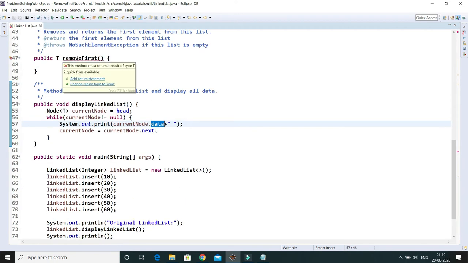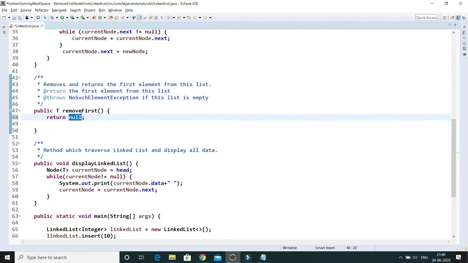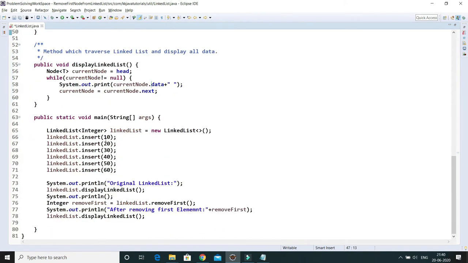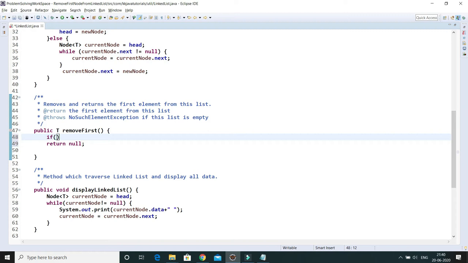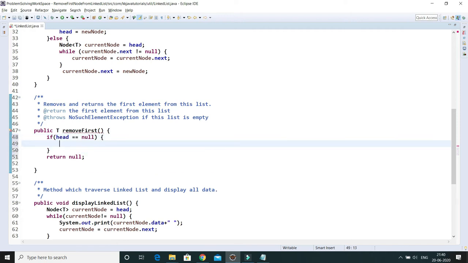Now here I have given the method name as removeFirst, and this returns the data. Whatever first data is removed will be returned as well. So first of all, you have to check if head is already null. That means your list is empty, right? In that case we have to throw some exception.